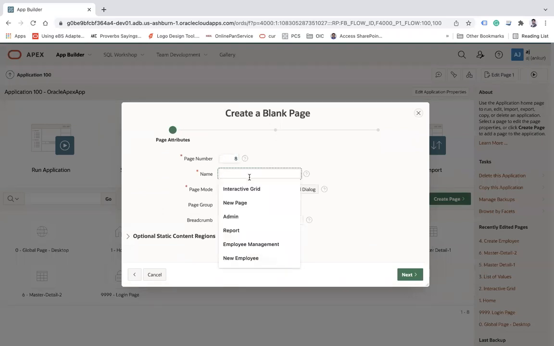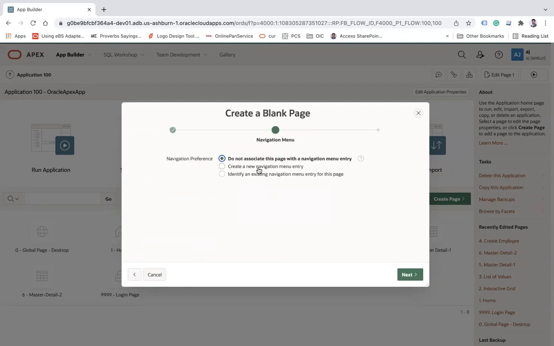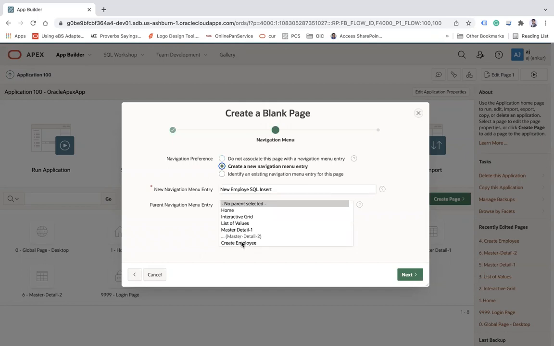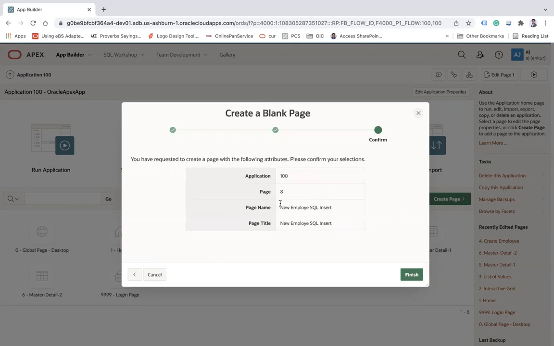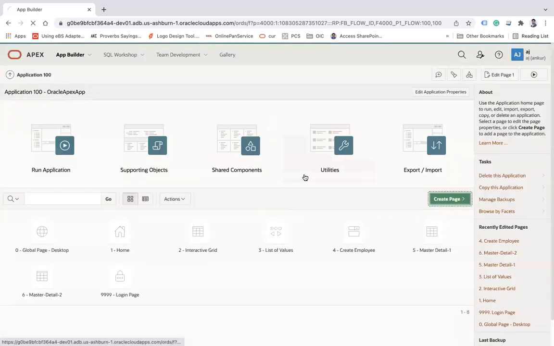I can give a name, let's say insert employee, or you can simply say new employee SQL insert. So just giving a name. Next, and I am going to create a navigation entry, making this create employee as a parent. Next, you can make a new entry as well, but that's fine. Click on the finish button.